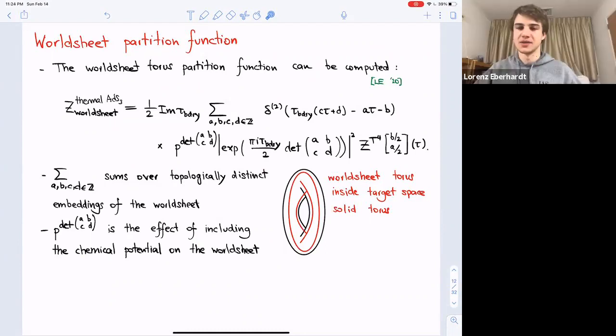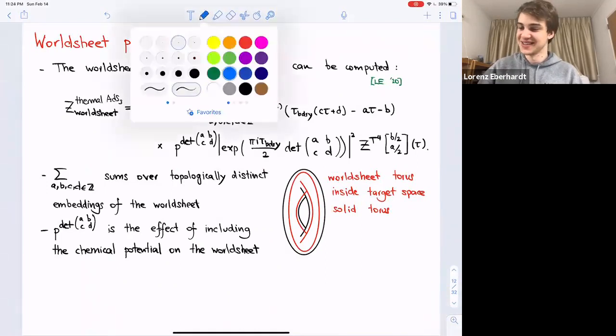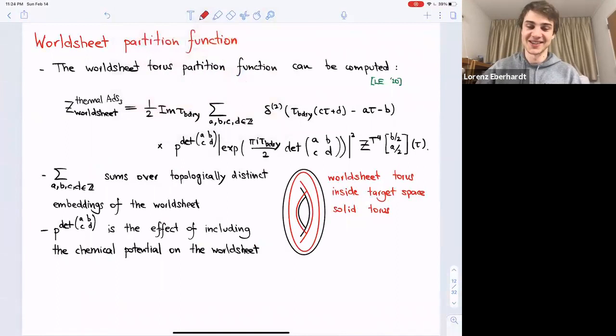Yeah, thanks. I should have explained that more. That's not at all obvious. The reason is not so easy to say. At least maybe Rajesh has an easier way to say it. But ultimately, it just follows from representation theory on the worldsheet. So if you look at usual AdS3 string theory, there are short strings and long strings, as you probably know, and